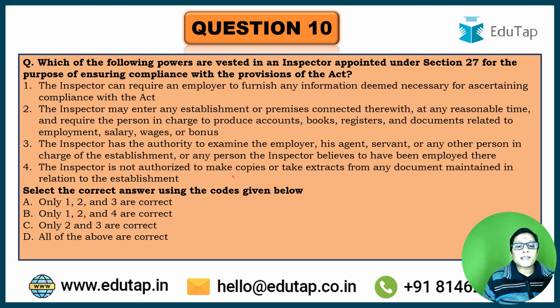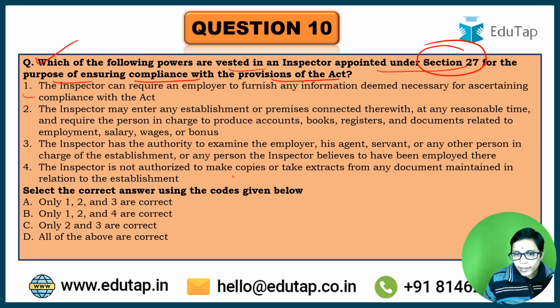Moving on to our next question. Which of the following powers are vested in an inspector appointed under section 27 for the purpose of ensuring compliance with the provisions of the act? Okay, so here the inspector can require an employer to furnish any information deemed necessary for ascertaining compliance with that. Definitely they have to provide जो भी records है, registers है कि हमने ये bonus pay कर दिया है, उनसे जो acknowledgement लिया, वो ऐसे कुछ भी वो मांगता है तो definitely they have to provide that they are complying